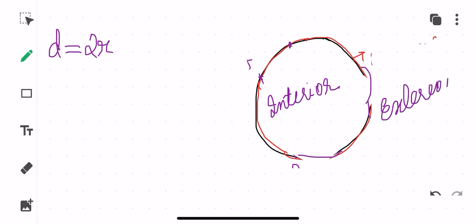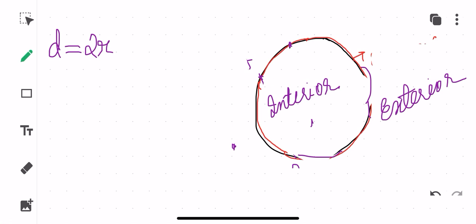So whenever we have a point which is inside the circle, that is called an interior point, and whenever we have a point that is outside the circle, that is called an exterior point. The condition is that they should be in the same plane. Of course, children, when you talk about the plane, what is a plane? It is the plane in which that particular circle that we are talking about is lying.